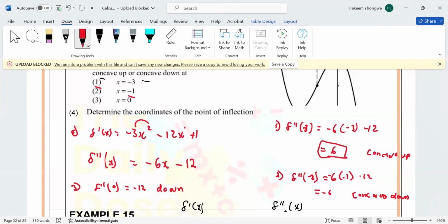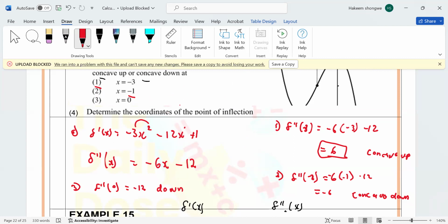If f prime prime of x is equal to 0, then you are at the point of inflection. The graph is not concave up, it's not concave down. It's neutral in other ways. So if f prime prime of x, now we're going to derive exactly the same things that we spoke about here. We need to use this exactly the way we use it when the gradient is negative,